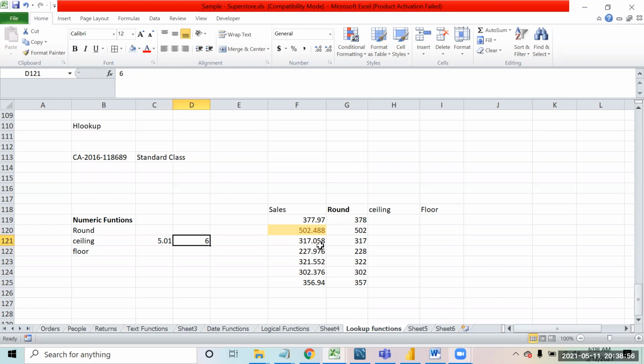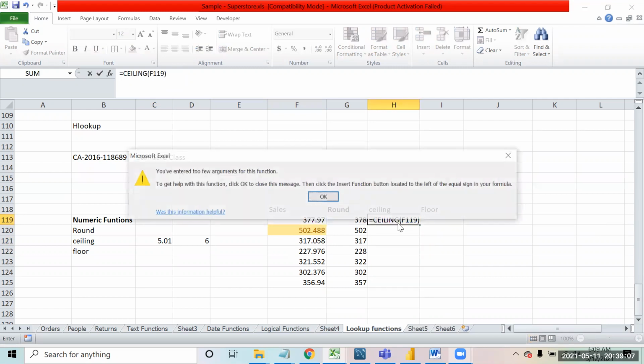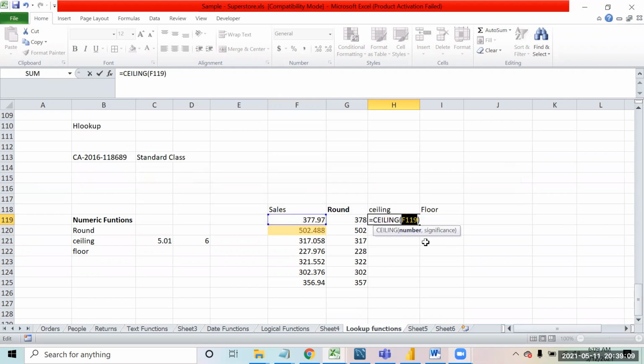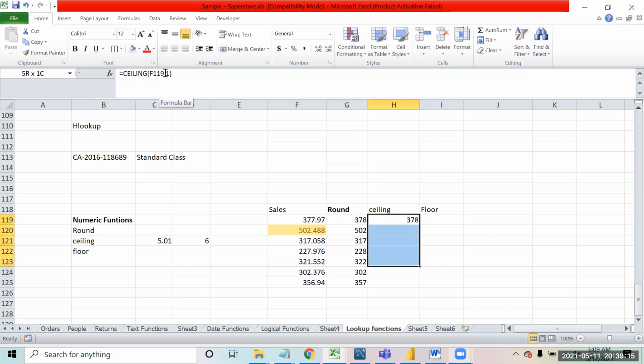Like here, this is 317.058 and this is 377.97. If I say ceiling of this number and apply it, everywhere the number has been rounded up.